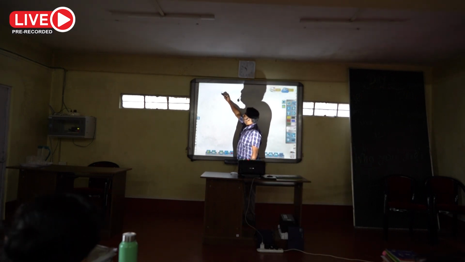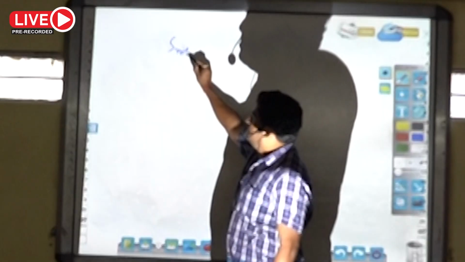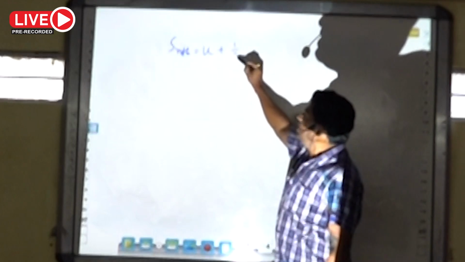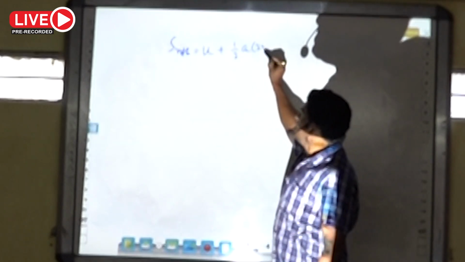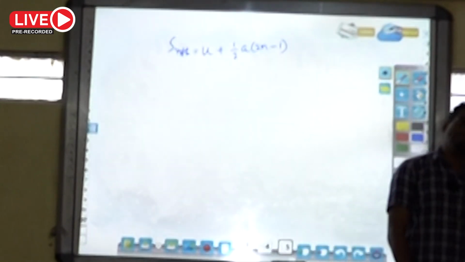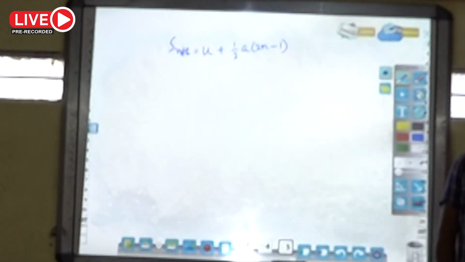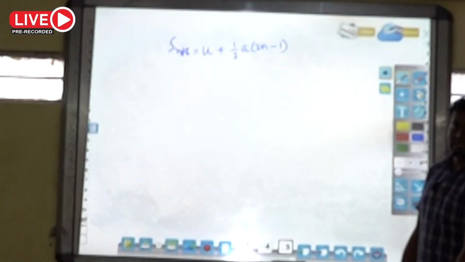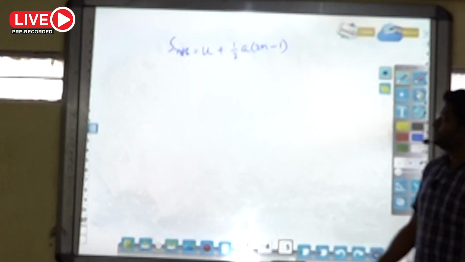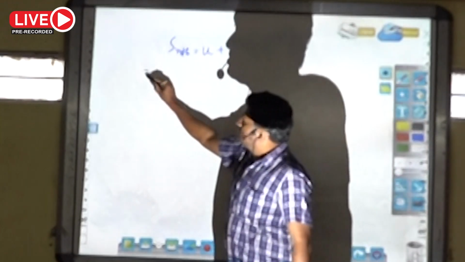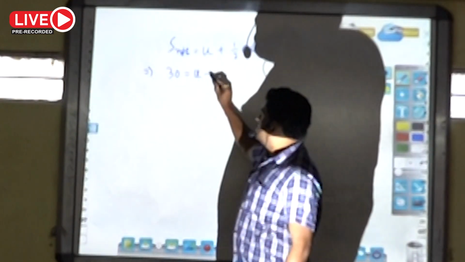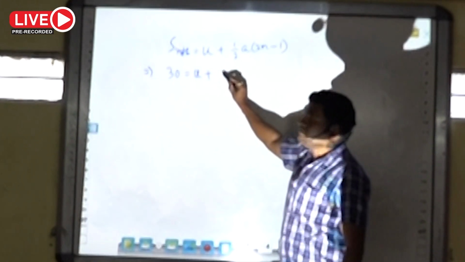See, this formula we have to use. S nth equal to u plus half a into 2n minus 1, distance travelled in the nth second of the motion. First it is given that in the 7th second distance covered is 30. So first equation we can write here, 30 equal to u plus half a